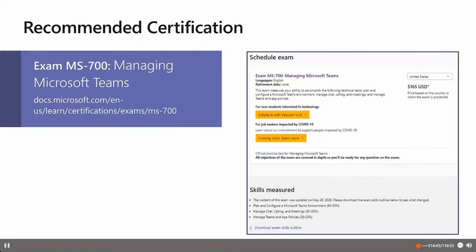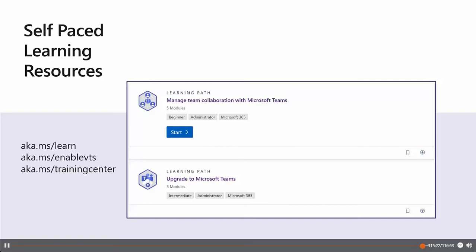If you want to take the exam MS700 for managing Microsoft Teams, I highly recommend that you really see the skills outline that is available on the exam certification website. So this provides you really all the content you need to study, you need to work through to attend this exam. It's a little bit tricky, this exam, because it has really a broad range from telephony, information, security, and all the different aspects you have seen during the session with all the broad services that come with a Microsoft Teams implementation in your organization.